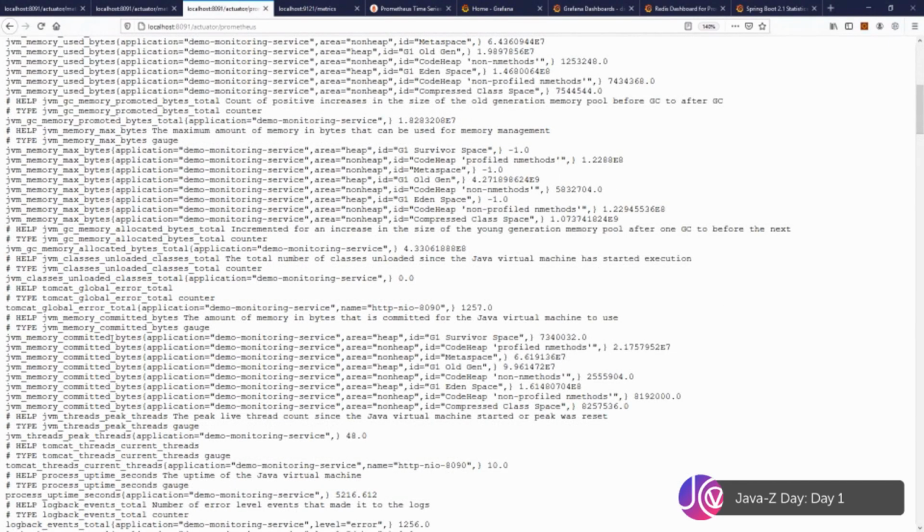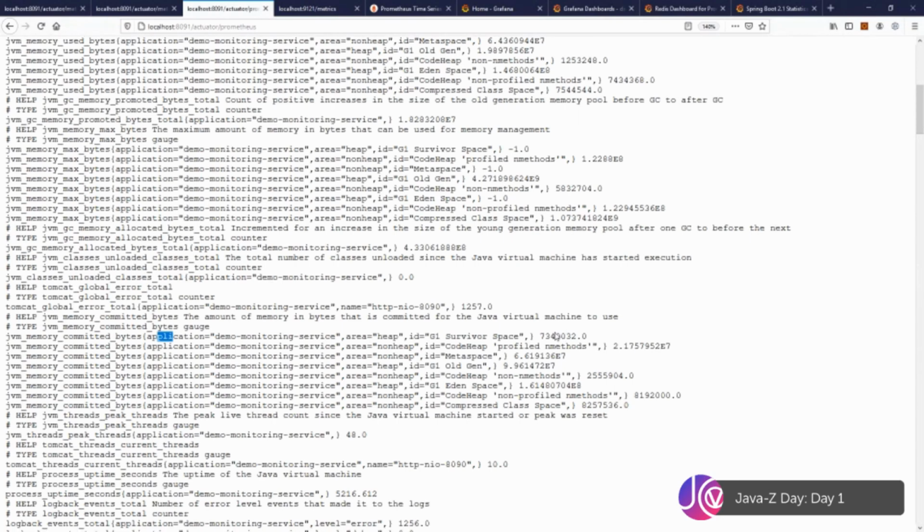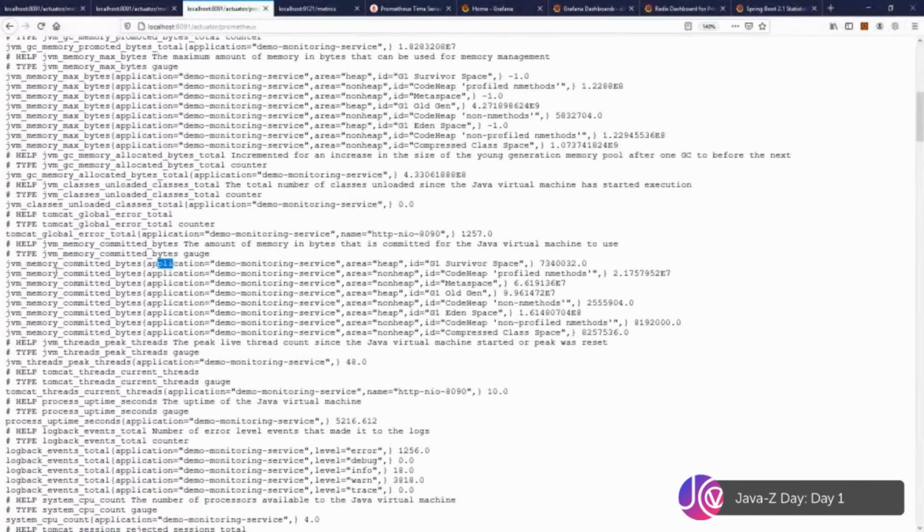As you can see, it's the format I described to you in the presentation. So we have the name of a metric and labels. And as you can see, all combinations of the labels are exposed as separate values. So, for example, for memory usage, we have all combinations of the area and ID, and all individual data are